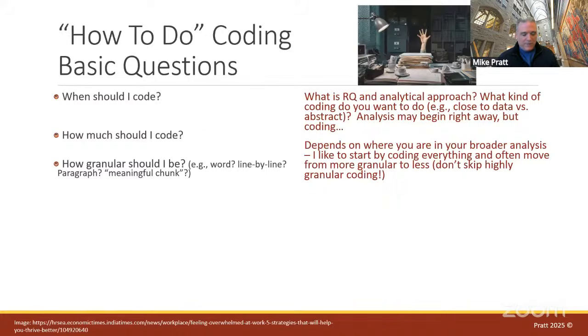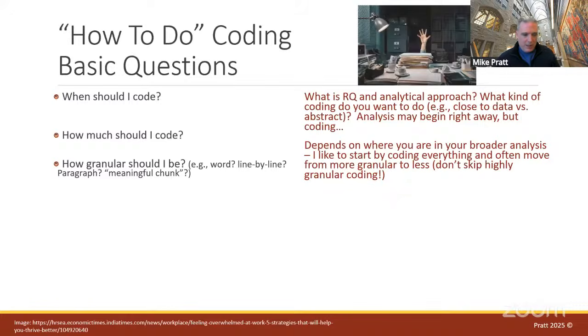Sorry, especially the first part, like when you're first starting to code your data, code everything. It could be over time, your 30th, 40th, 50th interview, you have a better sense of what you're looking at. You may want to not code quite as carefully. All that said, I often, even at the end of interviews, I sometimes will just block off a big paragraph or section of data saying what it's about, so I can go back later in case I need to analyze it at a finer grain.